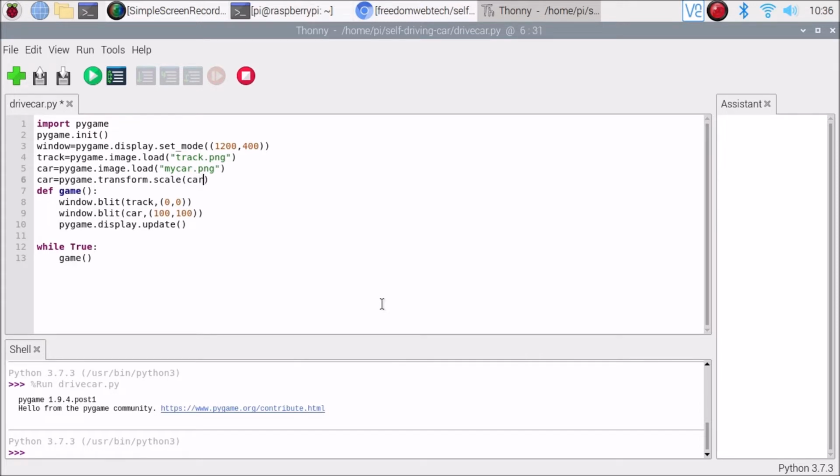So we need to mention our car variable, because this car variable is our car image. So we need to mention the car, and then we need to set here scale. So 30, 60 is enough. Okay, so let's just save the code. If I start the code,